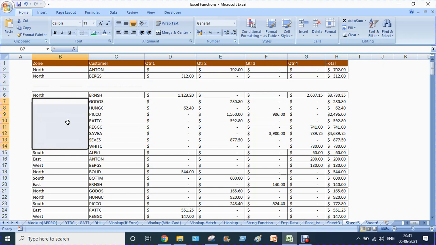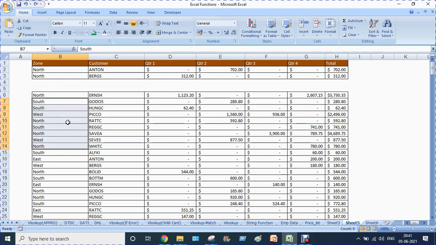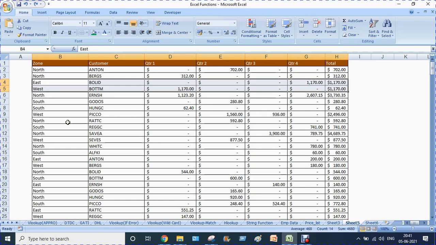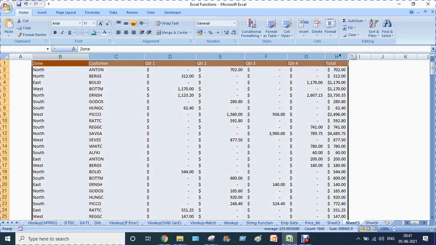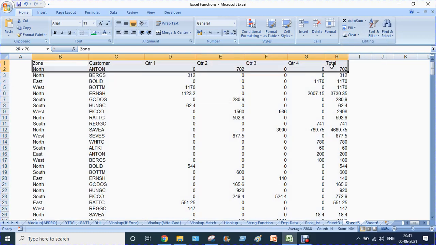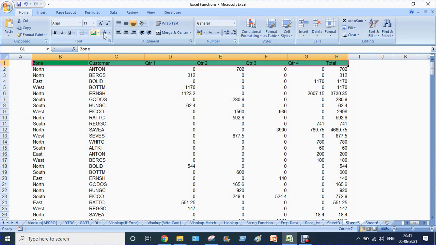So we will do the exact similar task, and this is advanced level conditional formatting. I will show you how we can do this. So keep watching. Now you see all the borders are gone. Basically we'll remove all the formats. Now I'll just give a heading here and see.